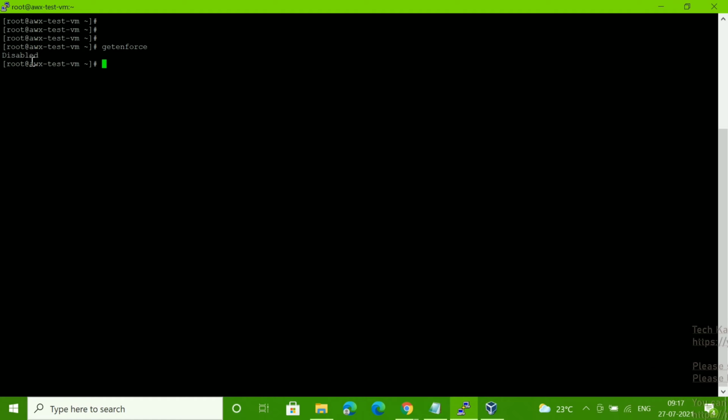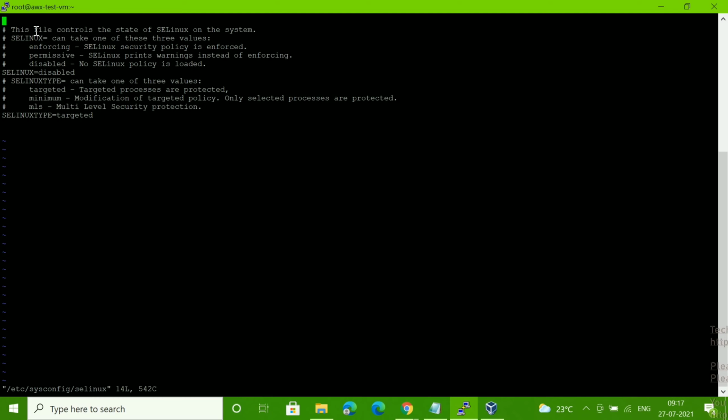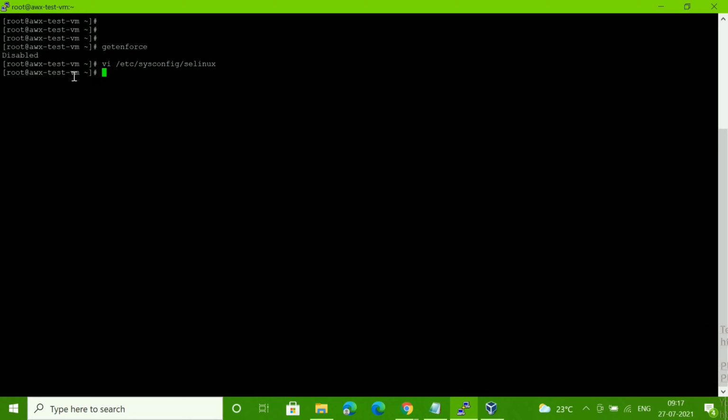If your system shows it's not disabled, then you have to edit the SELinux configuration file, vi /etc/sysconfig/selinux. Go to this file, and here you can see SELINUX equal to disabled. Change the parameter to disabled, then save it and reboot your system so it will be reflected.